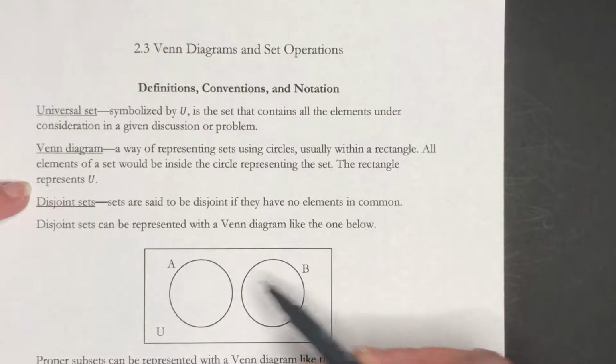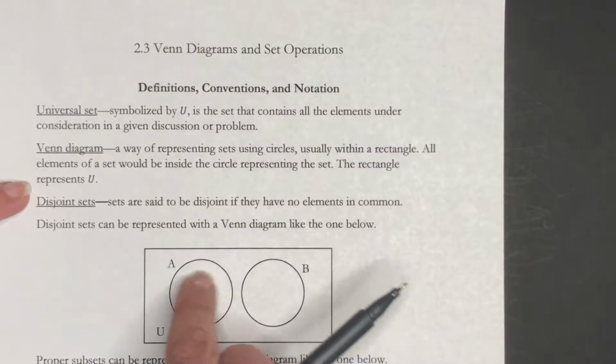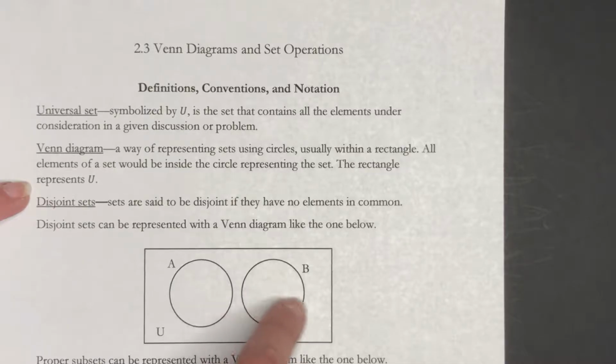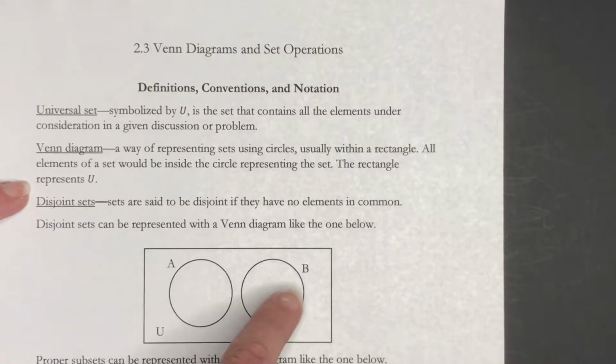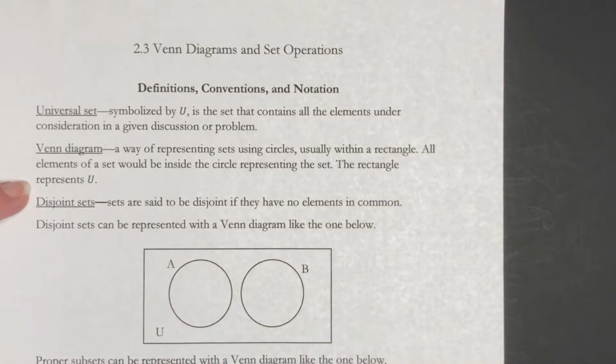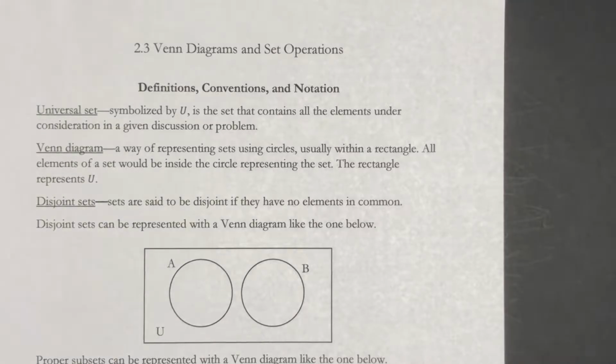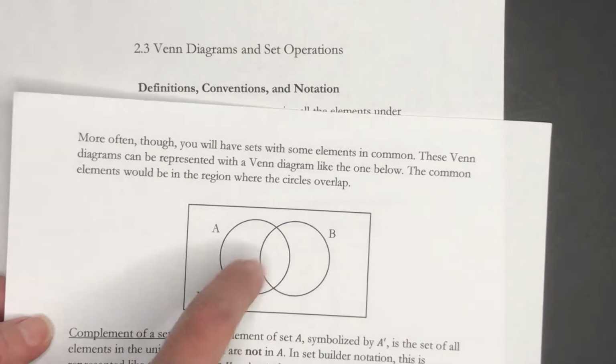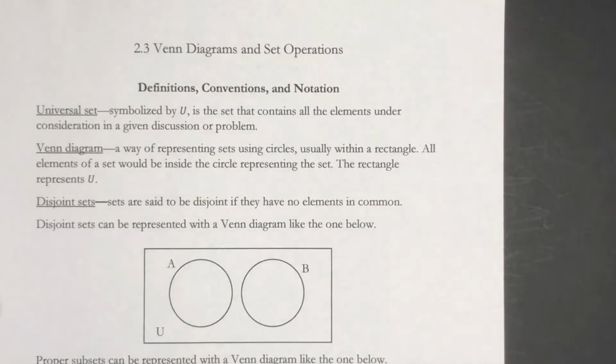So if I had two sets here, everything that belonged in set A would have to be inside the set A circle. Everything that belonged in B would be in here. And then everything under consideration would be somewhere in this rectangle, possibly not in one of the circles. Most of the time, we're going to end up dealing with Venn diagrams that look more like this one, but we're going to get there. Okay,